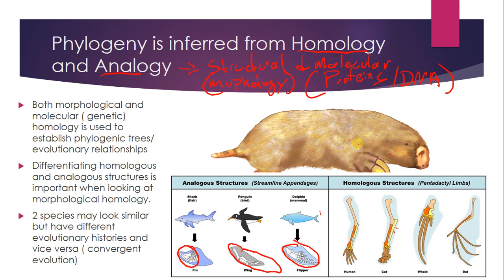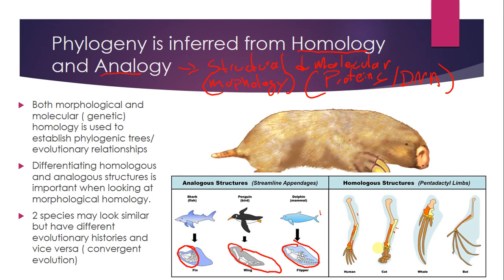However, organisms that have homologous structures, though they might be used for different things, like an arm and a cat leg and a whale flipper and a bat wing, they all are structured similarly. That shows close evolutionary relationship. Even though they're used for different things, this overall body plan, bone structure is indicative of